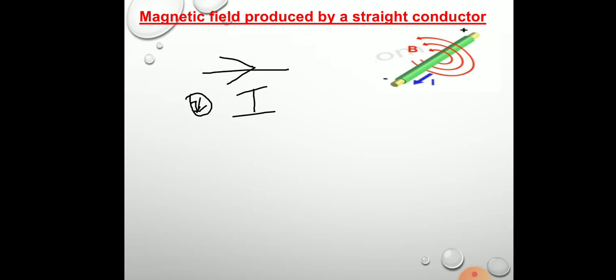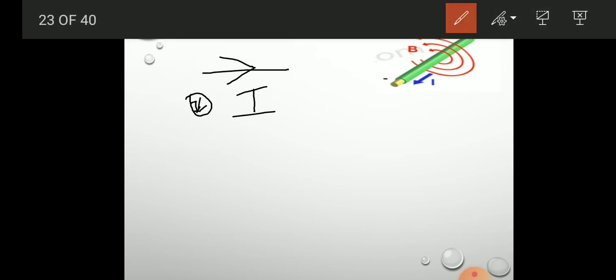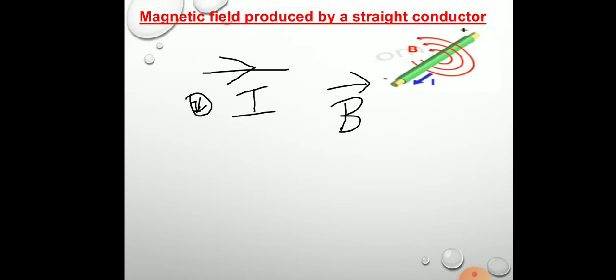We generally denote this magnetic field by B. So we are going to denote it by B, which is shown with the arrow mark. Okay, why is it shown with arrow mark? Because magnetic field is a vector quantity, because it is having both magnitude and direction, which was already studied in the last class. So this magnetic field's symbol is B.